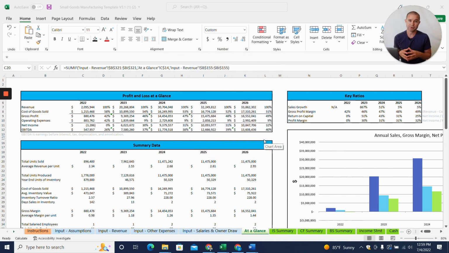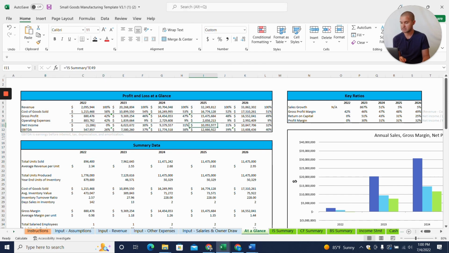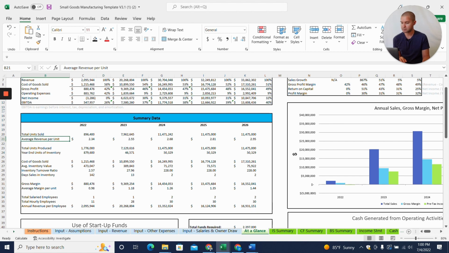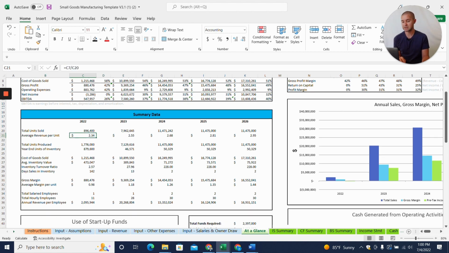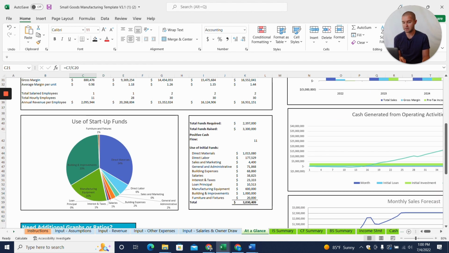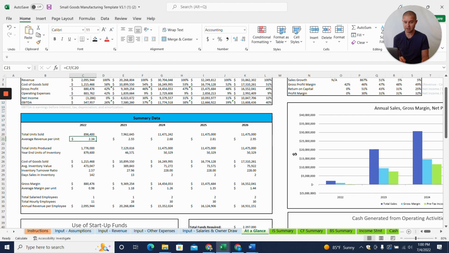So this first page I'm showing you is our at a glance tab. So this is kind of the end in mind. Once you have done all the work to create your projections, you're going to get a 5-year projection model here. You can see profit and loss at a glance, some different summary data, average revenue per unit sold. You can see some key inventory numbers. You can see use of startup funds, graph form and table form, as well as some different graphs and charts.